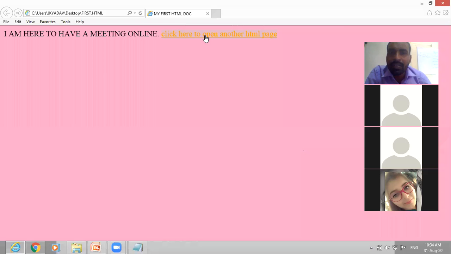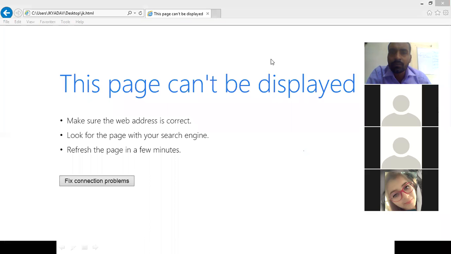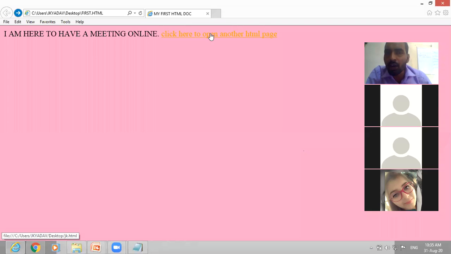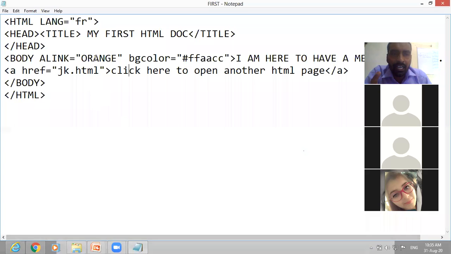And when you click it, once again see here, now it has become orange because we have visited now. So active link color will appear only when your link is active the first time. When you click the link, it will become the defined color, meaning the color we have given in the code. We have given A link as orange, so that's why our active link became orange when we touched it.